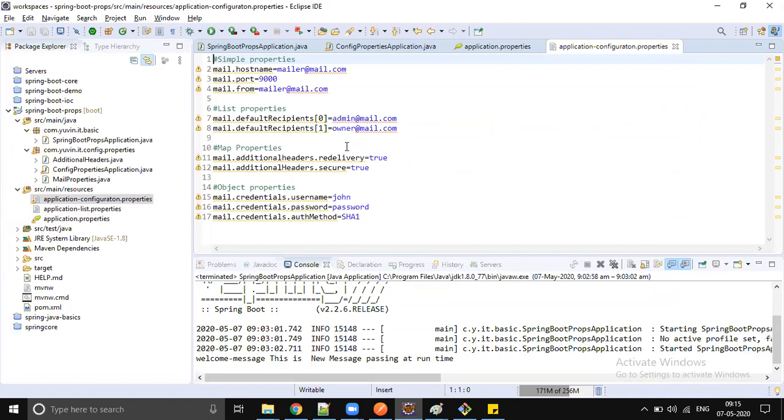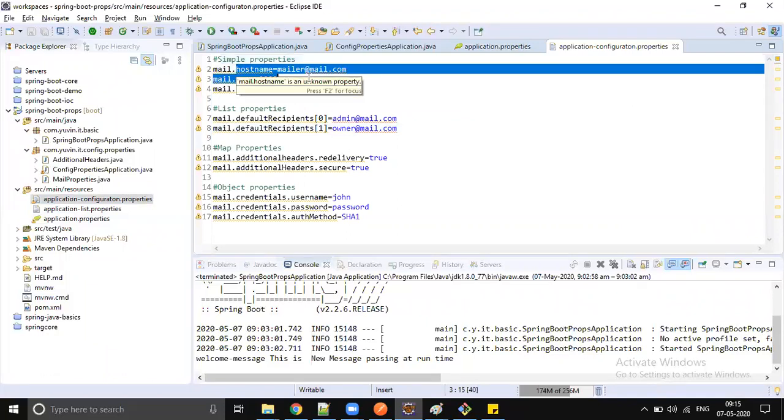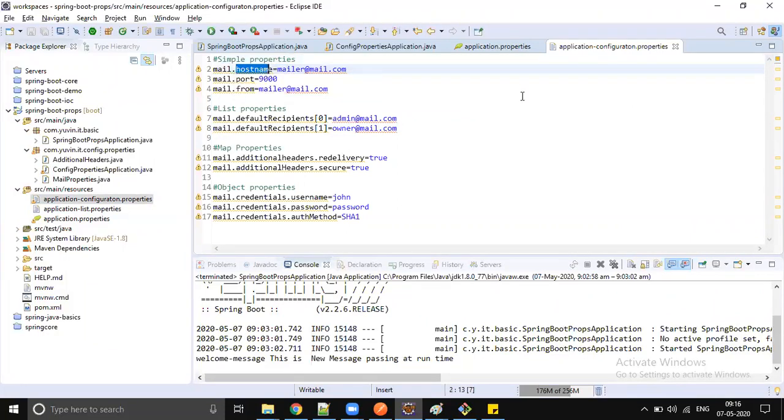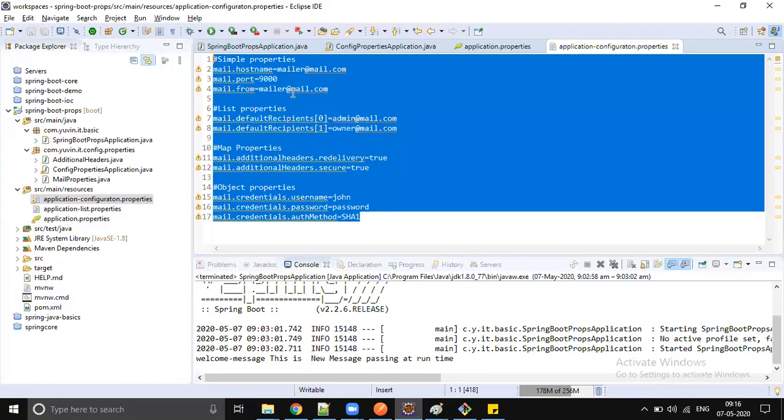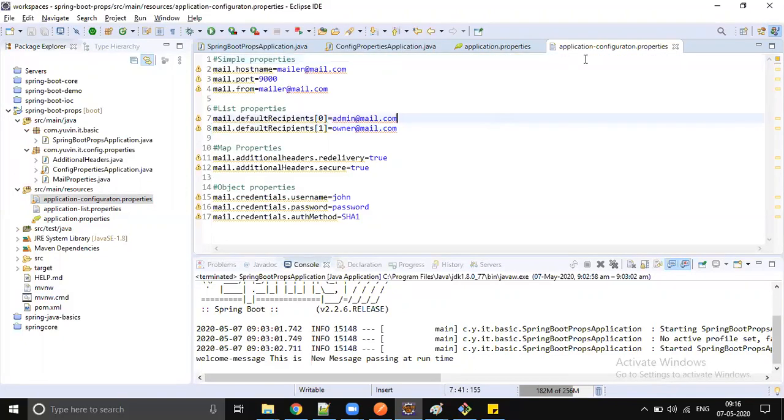You might have properties with some kind of prefix. What is the prefix here for all the properties? Mail, exactly. Mail is the prefix, and the remaining properties follow it. So if you want to load this many properties, how have we been doing this till now?